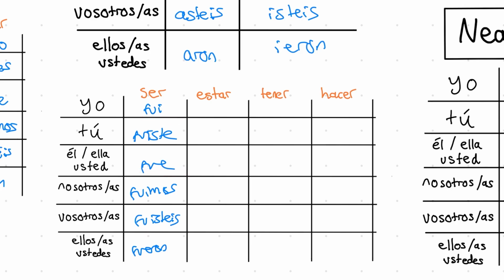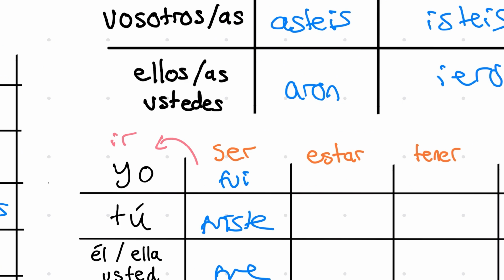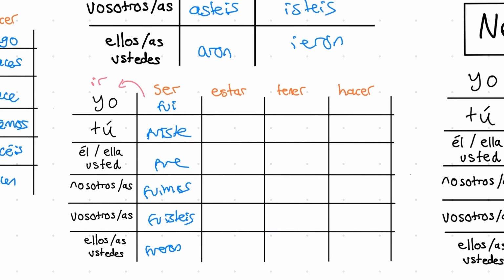These are the same conjugations for ir. So fui also means I went as well as I was, etc. Fue means he, she went as well as he, she was. They just happen to be the same conjugations. Slightly confusing, I know. Then for estar, we have estuve,